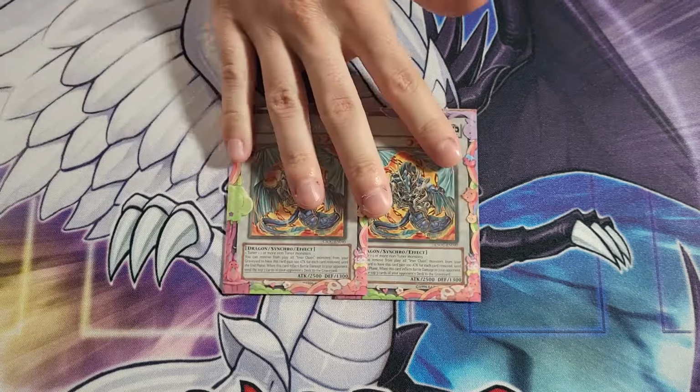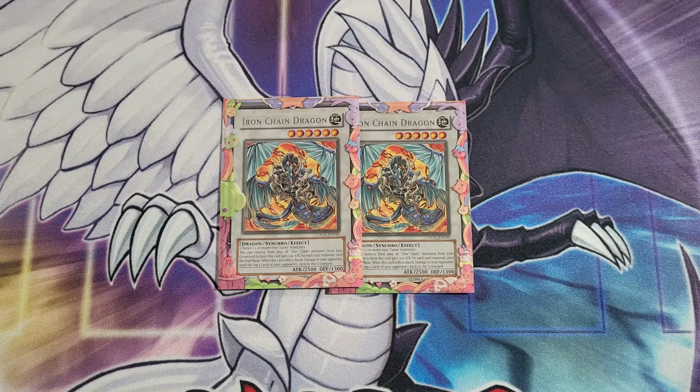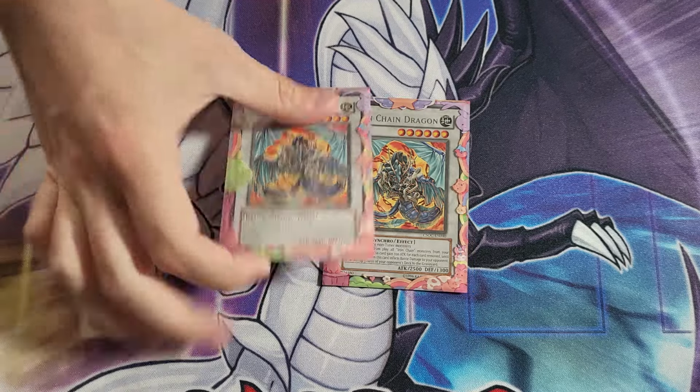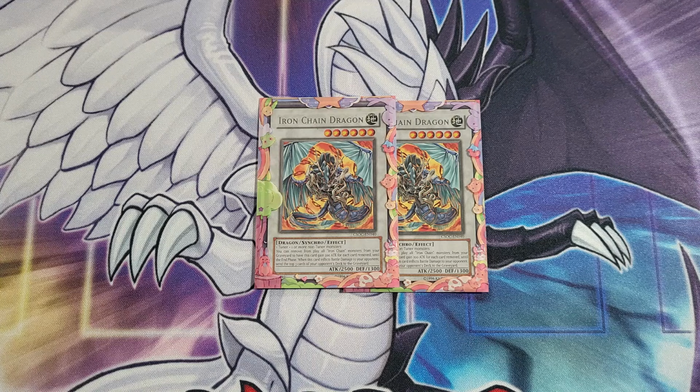2 Iron Chain Dragon, because you're on 3 Debris. This comes up with Raikou very often. One of the things you can actually make, and it kind of climbs up into another card. The card I'm missing is Trident Dragion, where you take an Iron Chain Dragon and your Debris Dragon and make